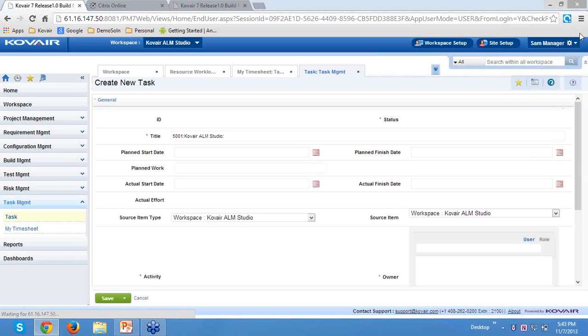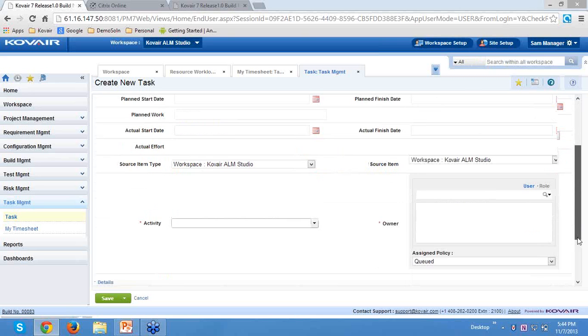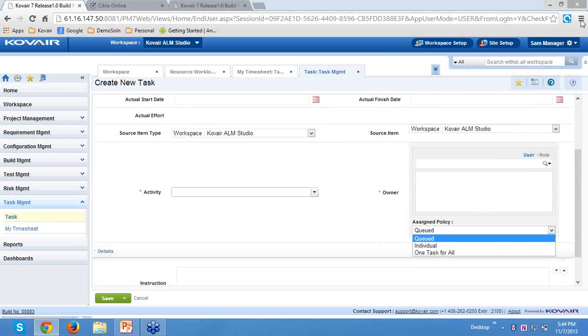Assign policy means that Covea allows 3 types of tasks: queue task, individual task, and one task for all. These 3 types of tasks allow you to track different types of scenarios.